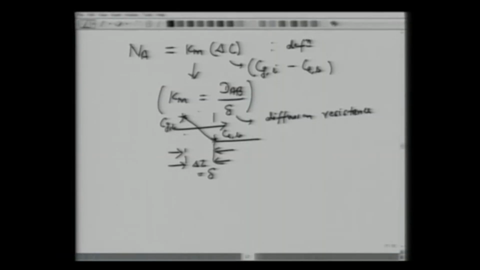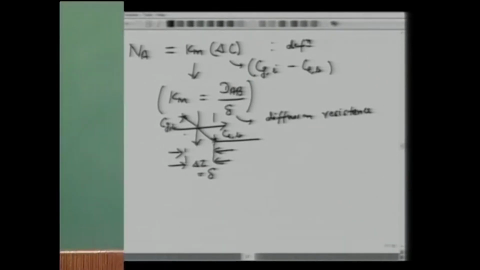So if there could be a flow in this direction, that's permissible. So we can have a flow in this direction, but in the direction of diffusion flux, what we are writing here, N_A, there is no bulk transport, there is no convection, etc. The second most popular theory is penetration theory, or we will see that it's a surface renewal theory, which is also